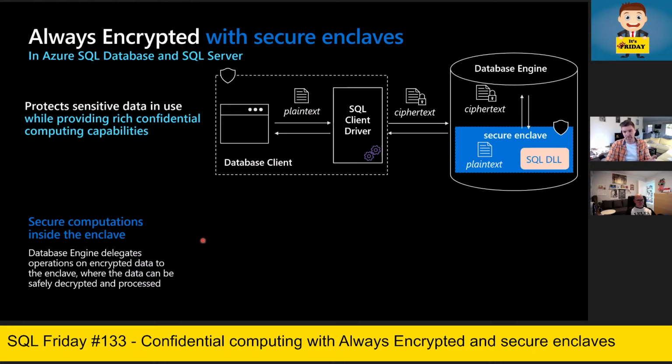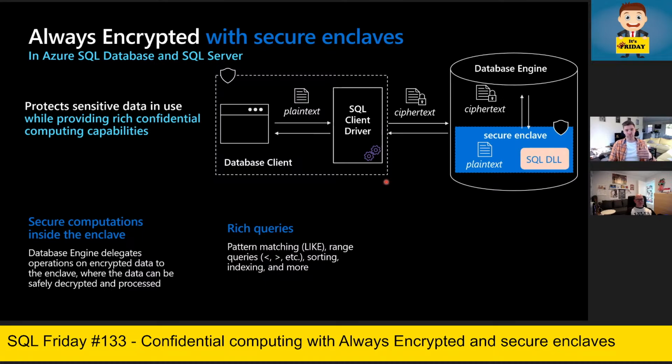So inside that enclave, we're going to decrypt that information, and that can be done really safely because the secure enclave is, you need to consider that as a black box, right? Nobody has access to it, not the operating system, no DBA whatsoever. So nobody has access to that secure enclave. So inside that enclave, we can securely decrypt that information and do the computation on that plain text. So this means by leveraging that secure enclave